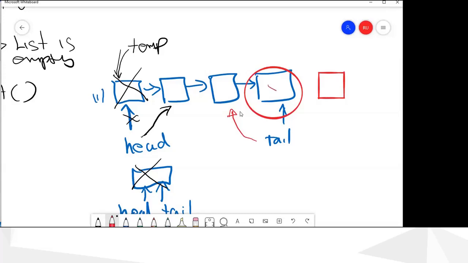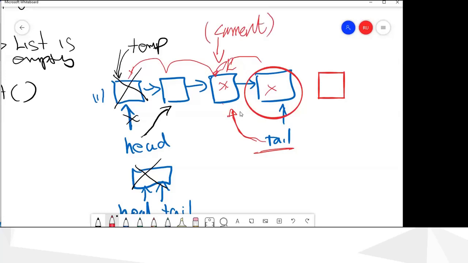When we are here, we know the last node, but from here we don't have any way of going back. We don't have backward links. So when we delete the last node, we have to start from the head and move up to the node before the last, because we have to stop there, and then only can we point the tail pointer to it.